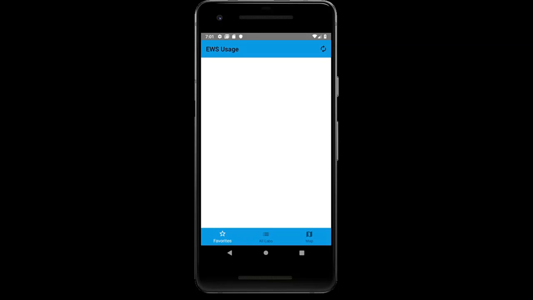We made an app called EWS Usage. This is simply a clean, simple user interface to display the EWS usage statistics given by the Engineering IT Services Department here on campus. Initially, the first screen is the favorite screen, and because we've never used the app before,